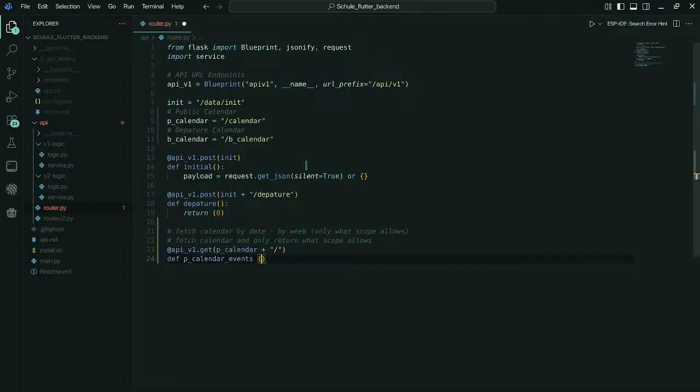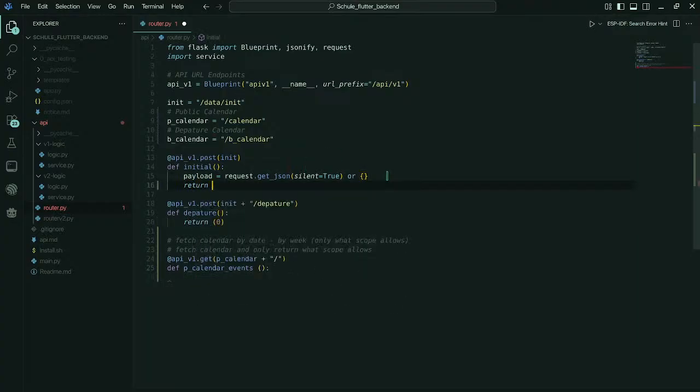Alright, return payload. Because I want to see what happens if we get the